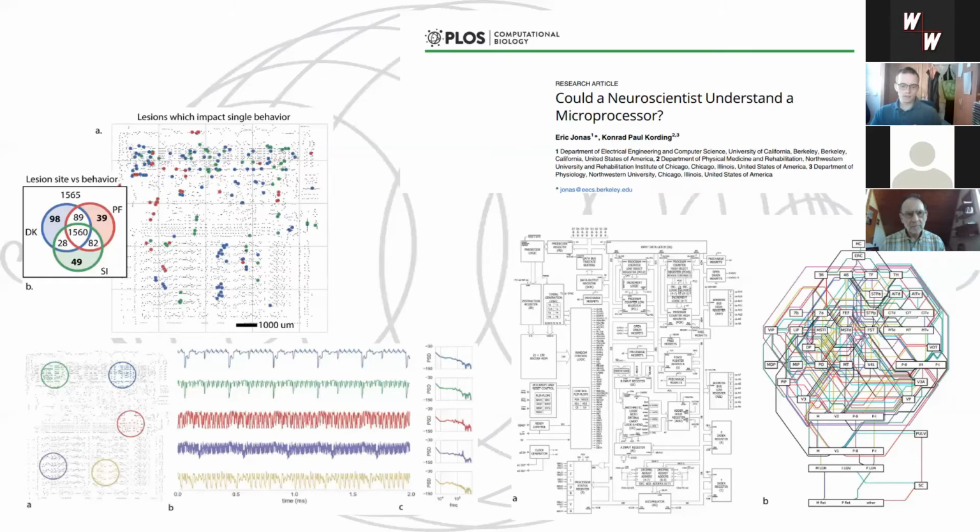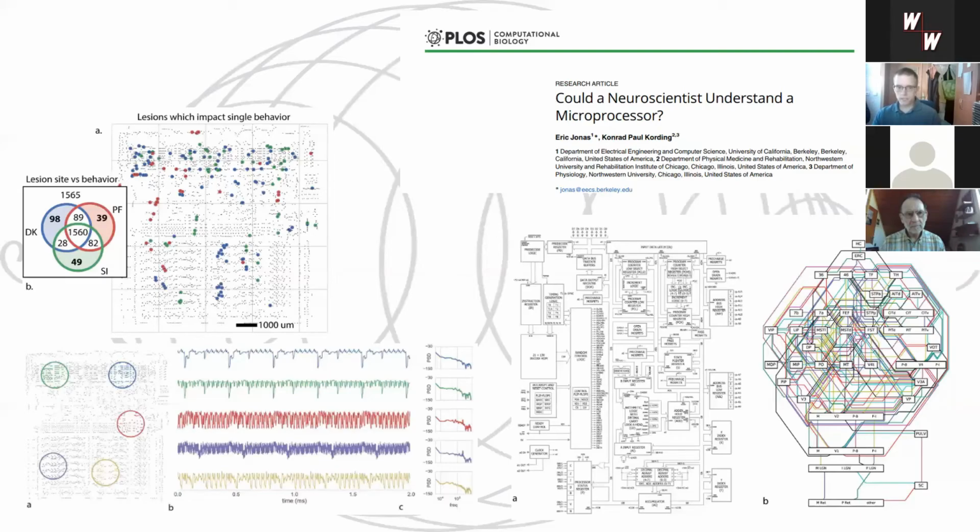And he also studied oscillatory activity of the single transistors. And for some transistors, he found something surprisingly similar to brain oscillations. He even found power laws and critical state dynamics. But still, he applied a few other methods, connectivity and so on. But none of those methods was able to recreate this map on the right that represents the ground truth. So this is how the microprocessor is actually organized.